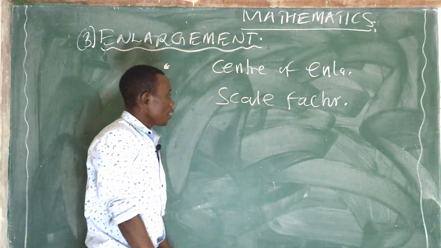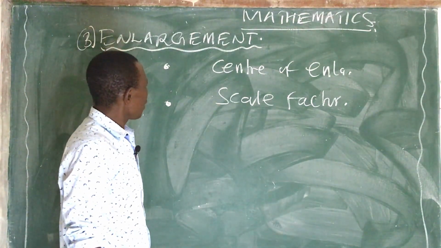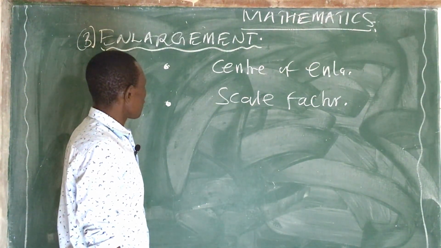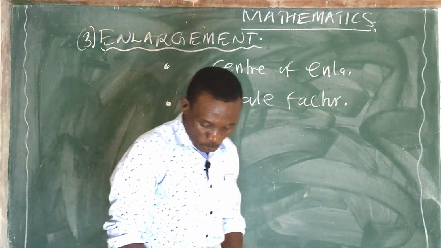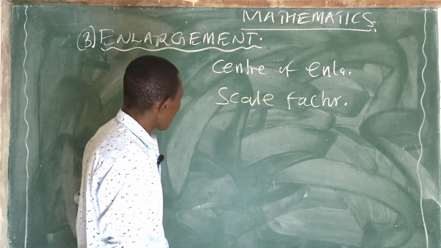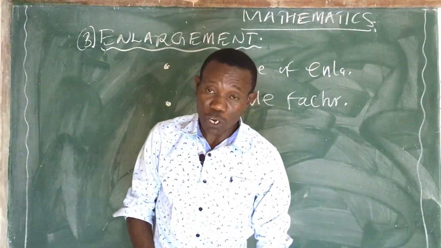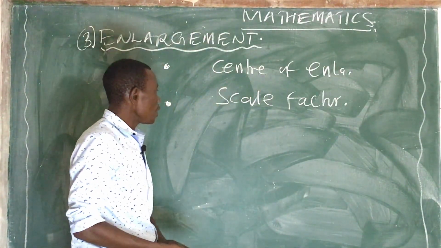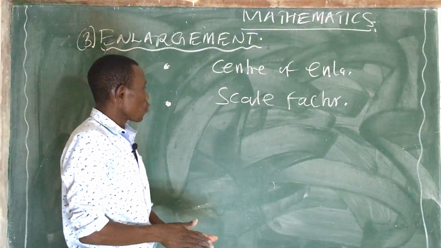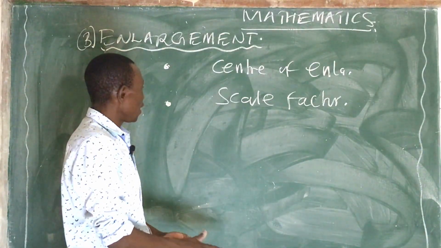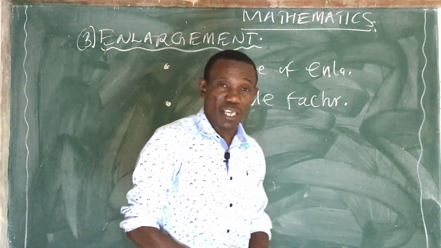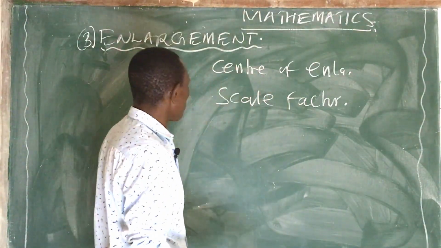And lastly, as a student, be able to know some issues related to the nature of the image and the center of enlargement once you are enlarging a figure by a particular